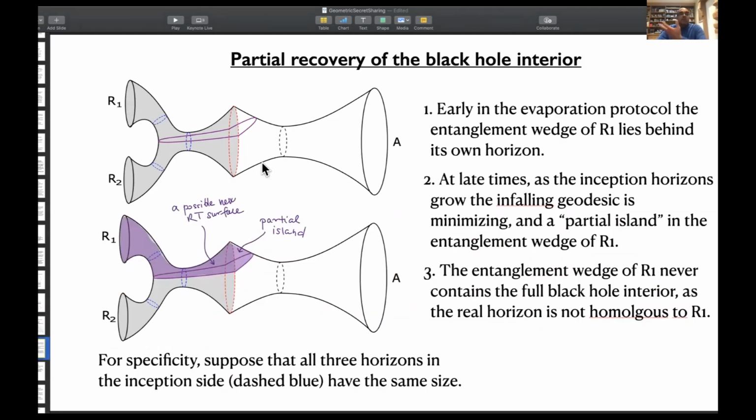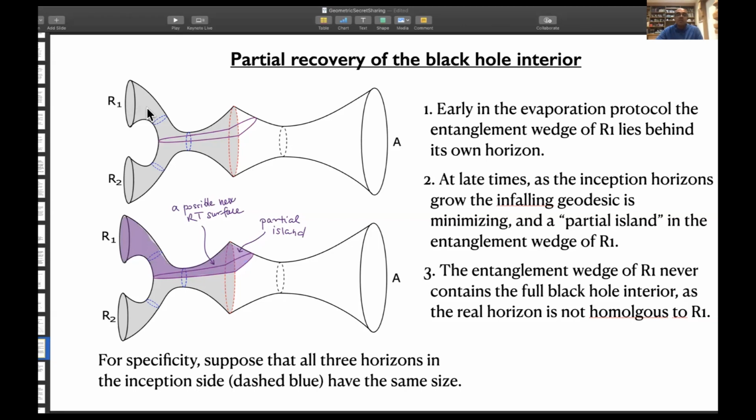Suppose you run this evaporation protocol, and we're going to set it up so that the three horizons, these three blue lines on the inception side, have the same size. That's just to keep things simple for us. So you start early in the evaporation protocol where these horizons are all small. There isn't much radiation. Then the minimal surface homologous to R1 is going to be this horizon here. So the entanglement wedge of R1 just includes this region, and so it doesn't know anything behind the